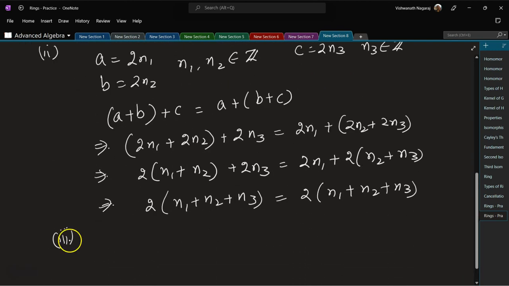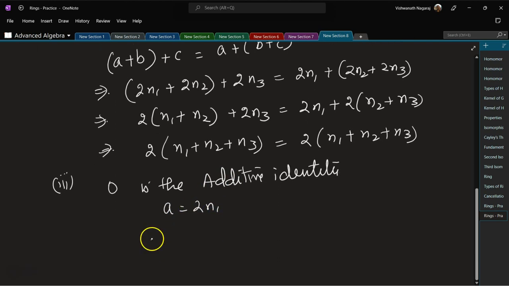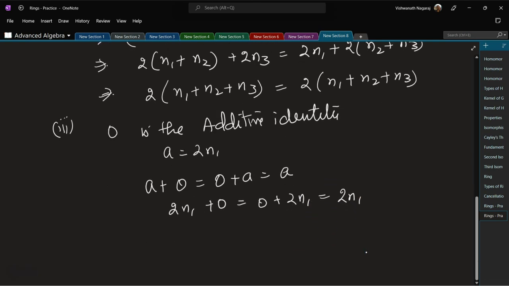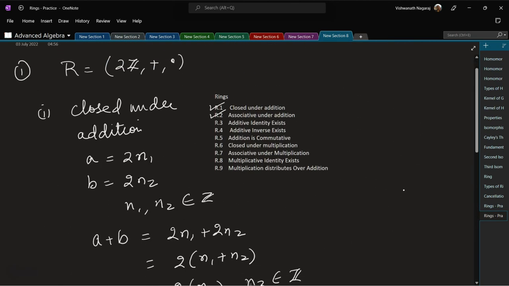Now additive identity. 0 is the additive identity, and we know if we take A is equal to 2n1, then A plus 0 is equal to 0 plus A equal to A. So let's do the substitution. 2n1 plus 0 is equal to 0 plus 2n1. And we know this is going to be equal to 2n1. And 2n1 also belongs to R, right? So which means